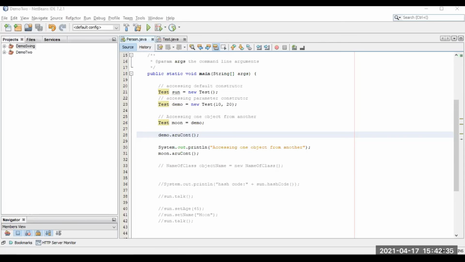Let me check the time. Okay, 8 minutes is there, right? So we completed the overloading concept, and we'll go for another topic called nested classes. Okay, I completed that one, final class and the methods. So we'll go for final class and the methods. Wait. Yeah, there is one more important topic in unit 2. Let me tell you about that.